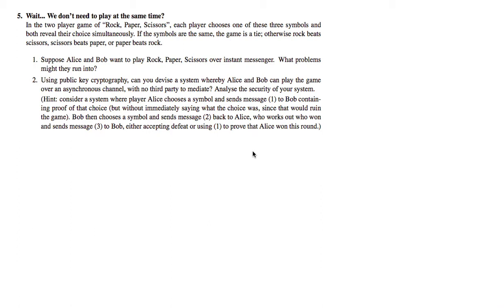is about playing a game rock paper scissors over an instant messaging platform. So part one asks you to see what problems people might run into if they use such a platform. Well, basically, an instant messenger